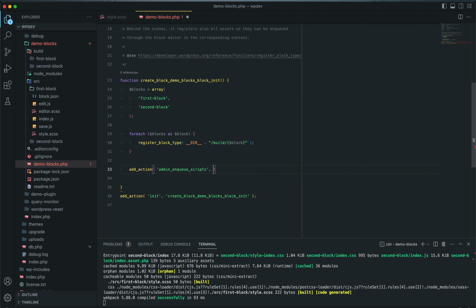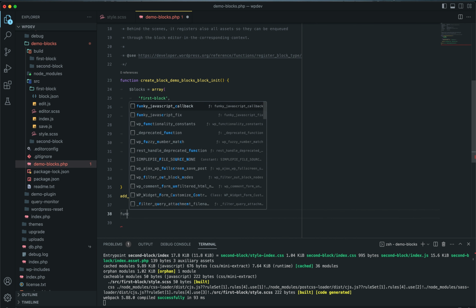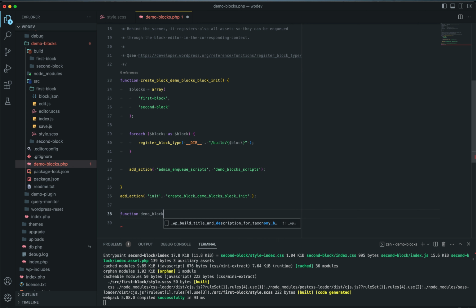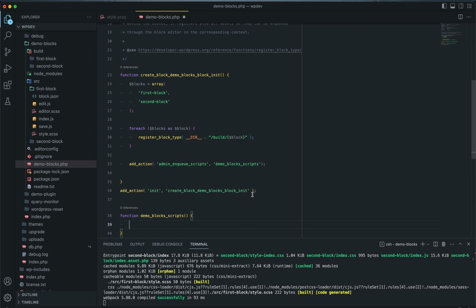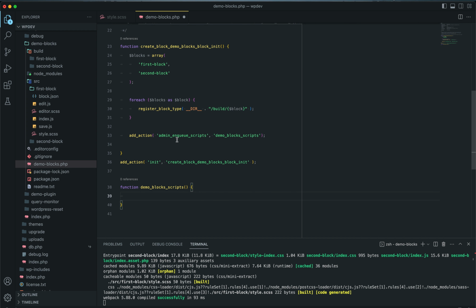Then let's give our hook demo blocks, demo underscore blocks underscore scripts. Now let's register our function demo blocks script. Now what we want to do is register a localized script that hooks into the first block, or whichever block you want to output the data in, get the data in basically. So we'll have a handle